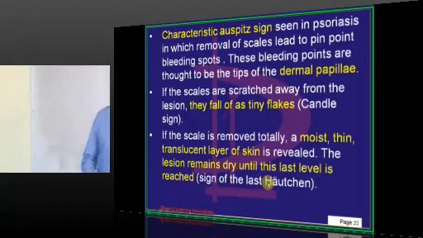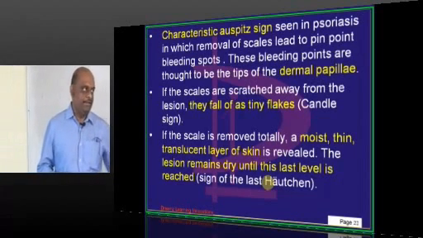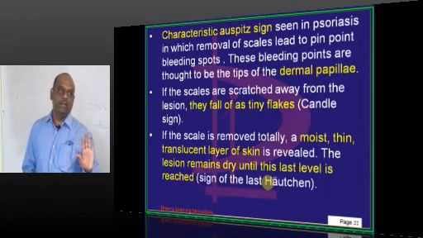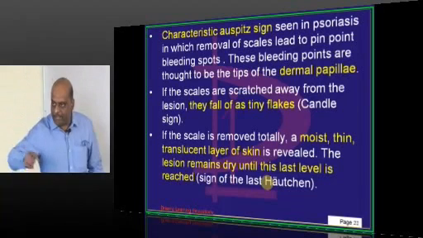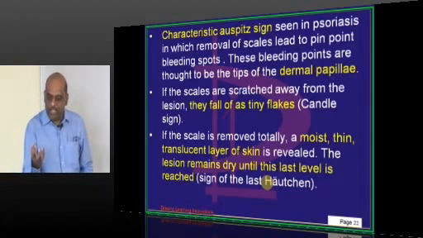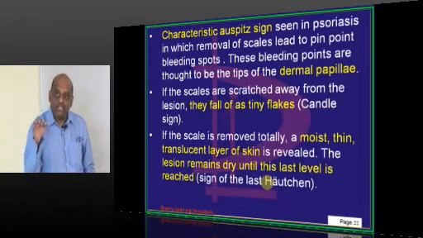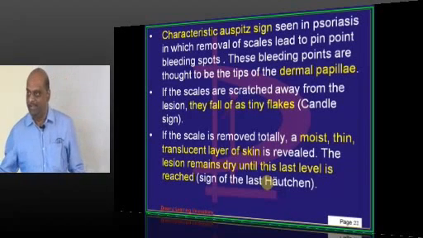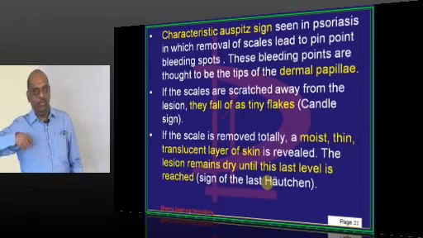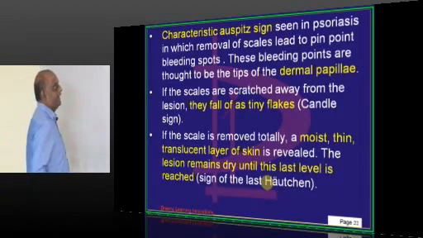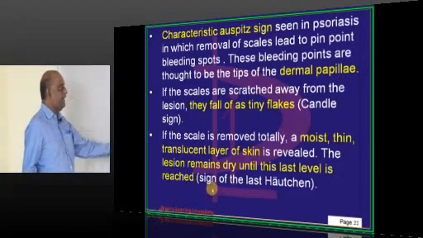And there is a very peculiar thing about the scales. There is a peculiar thing about psoriasis. Whenever you are grating the scale of psoriasis, those scales will fall down just like a candle wax. So this is also called the candle wax sign, which is also seen in the case of the psoriasis, where the grating, whenever you do for the scales, it will fall down like as such you are scratching from a candle wax, is a very important finding.